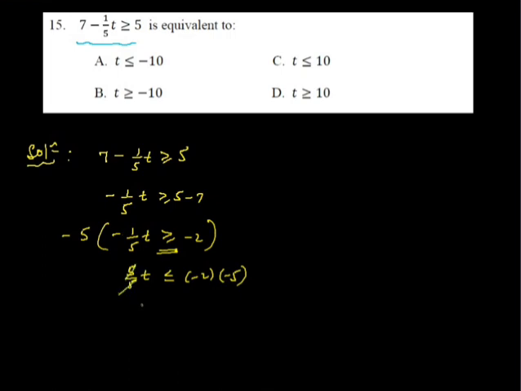So ይሄን simplify ስናደርገው t is less than or equal to negative 2 times negative 5, which is positive 10. So the solution set for this inequality is t is less than or equal to 10, which is C ይሆናል ማለት ነው።